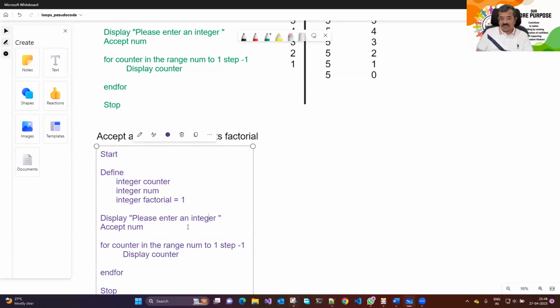And I ask the user to enter an integer. User enters an integer. So I'm going to say for counter in the range of 1 to number, step 1. And here I'm going to calculate the factorial. So I'm going to say calculate factorial is equal to